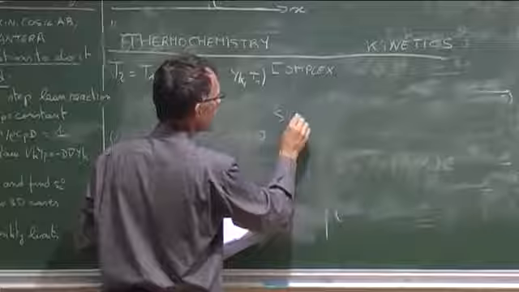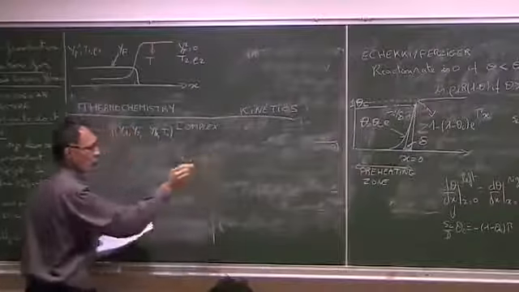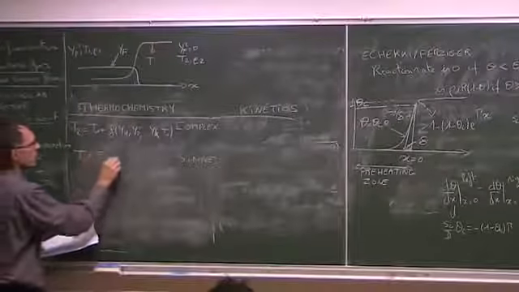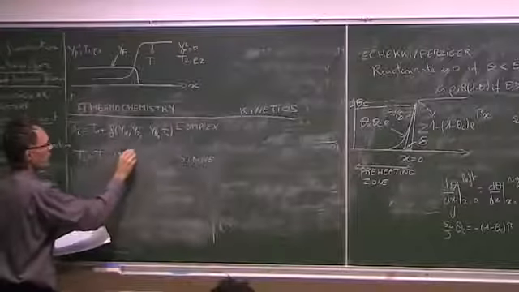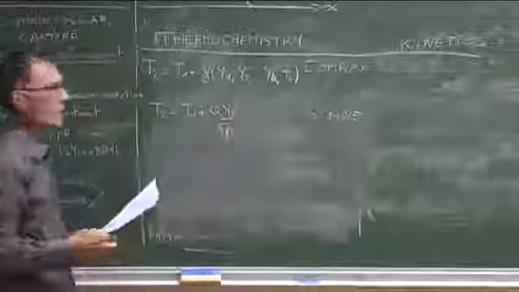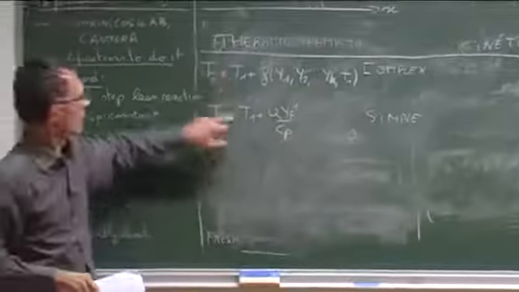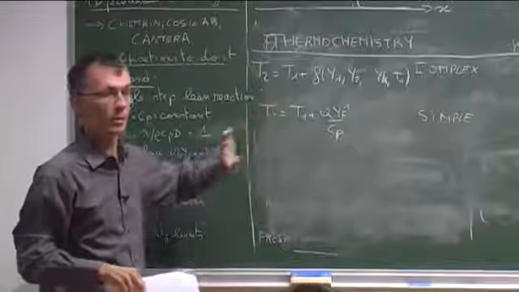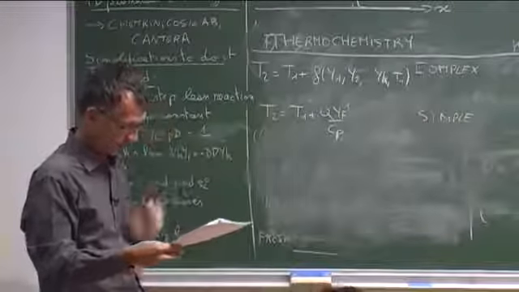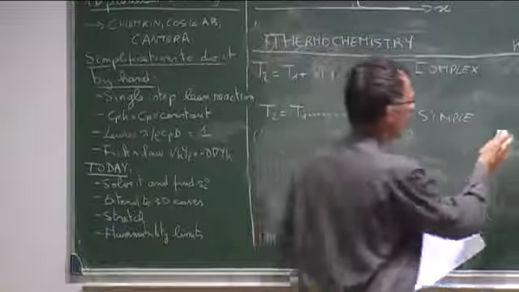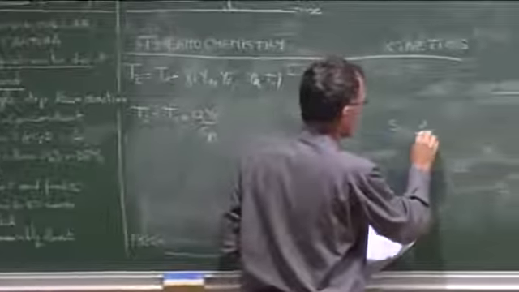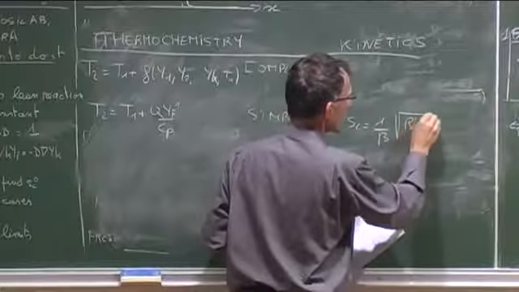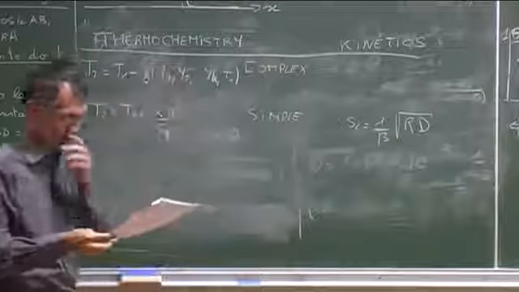In a simplified case, the one we have just done, we have seen that this formula is very simple. It's T2 equal T1 plus Q YF1 over Cp. So this is really thermochemistry. Initial state, final state. No one knows at which speed you go from one to the other. No one cares. Now what about speed? Now you just found the speed. The speed is 1 over beta times the square root of the reaction coefficient multiplied by the diffusion coefficient.